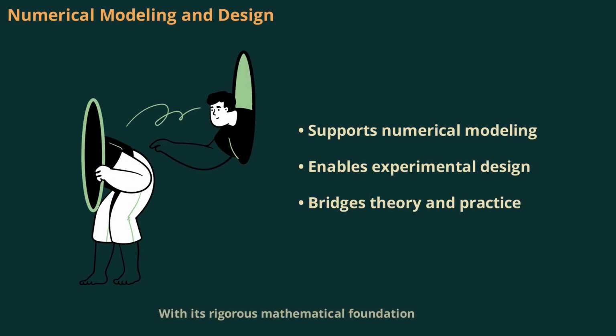With its rigorous mathematical foundation, AEON STRATUM PRIME supports detailed numerical modeling and experimental analog design. This capability is crucial for translating theoretical insights into practical technologies, enabling the development and testing of advanced propulsion systems